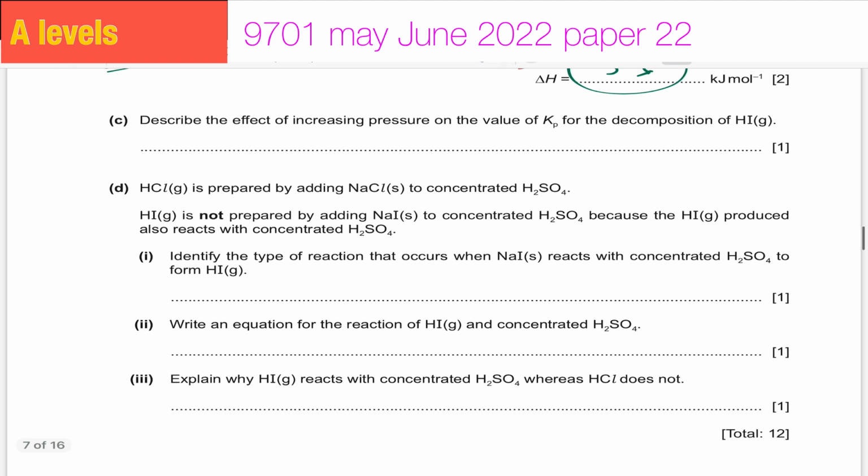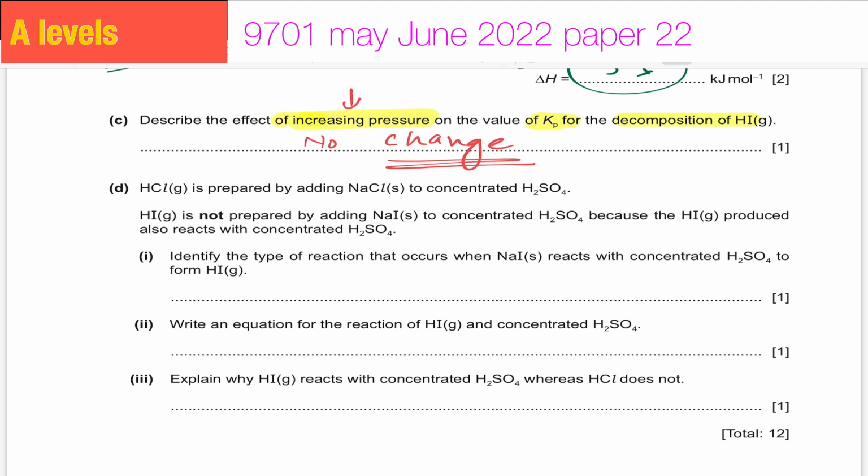Now the next part is again related to equilibrium. Describe the effect of increasing pressure on the value of Kp for the decomposition of hydrogen iodide. So Kp is an equilibrium constant, and an equilibrium constant is only affected by temperature. So a change in pressure would not affect the value of Kp. We can simply say no change, because Kp or Kc only get affected by a change in